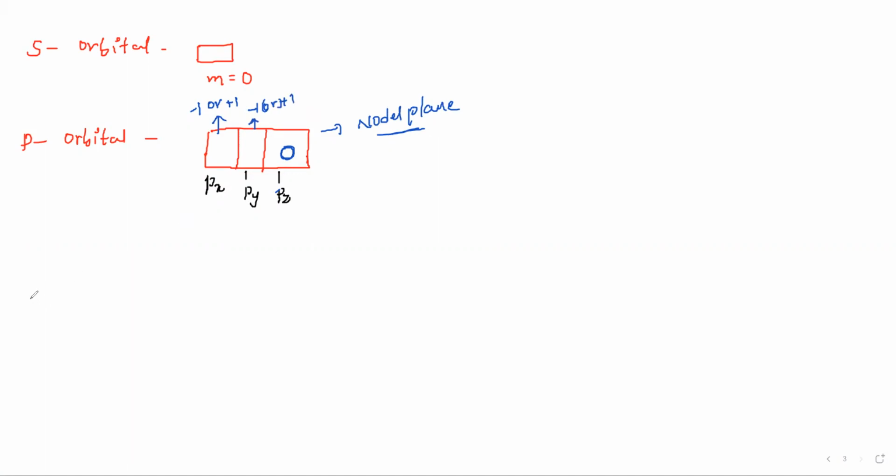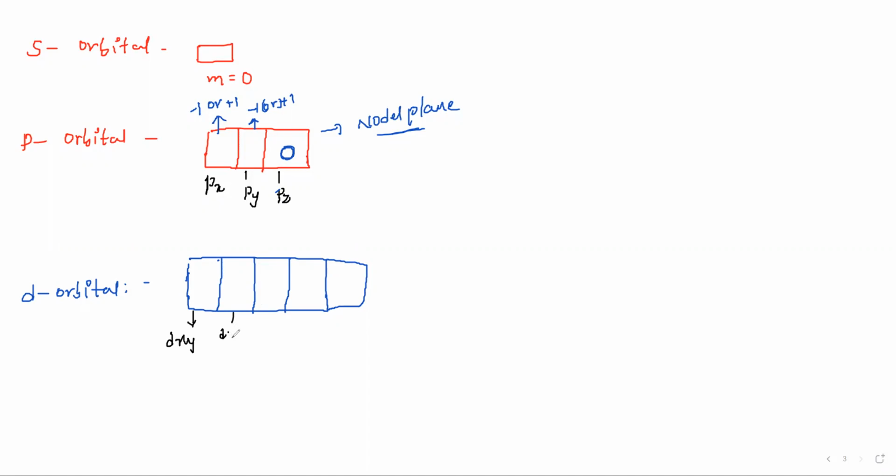And one more for d orbitals. For d orbital, d has how many orbitals? D has 5 orbitals, right? D has 5 orbitals. In this first one we are assuming this is dxy